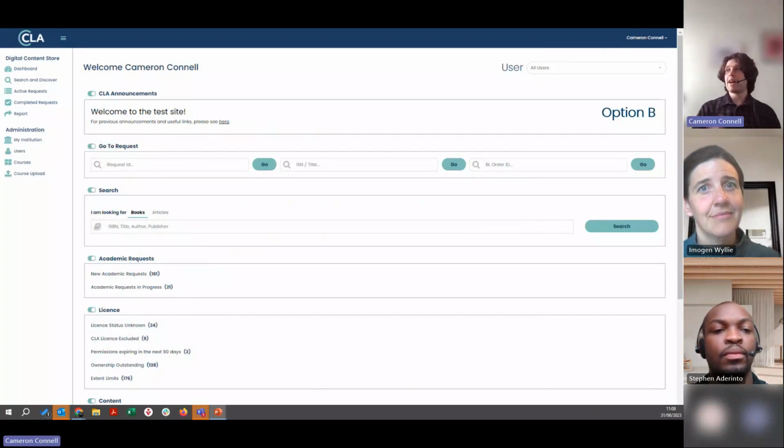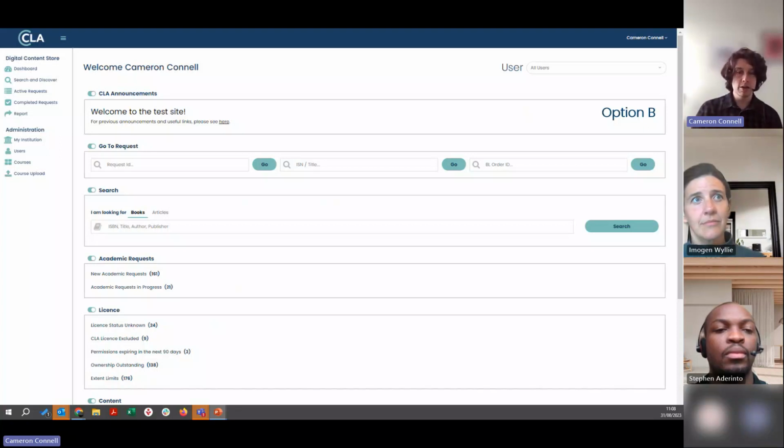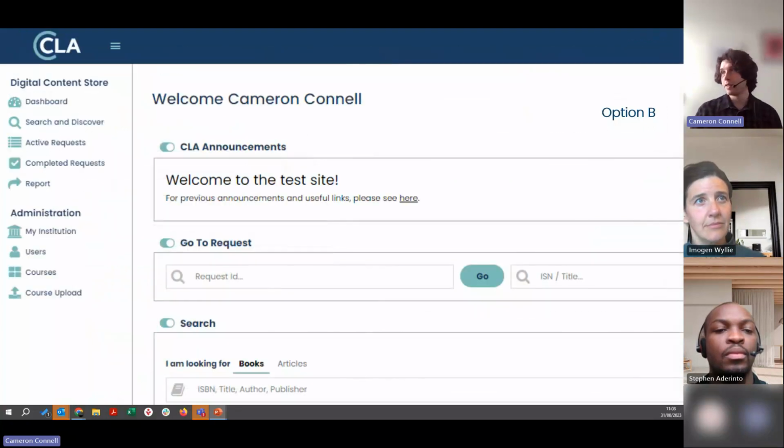So we've literally taken out all those links there, and we've left one link here. It says please see here, but all the previous bits of information will be kept instead. So the idea is that link over there, let me just zoom in a little bit so you can see a bit better.